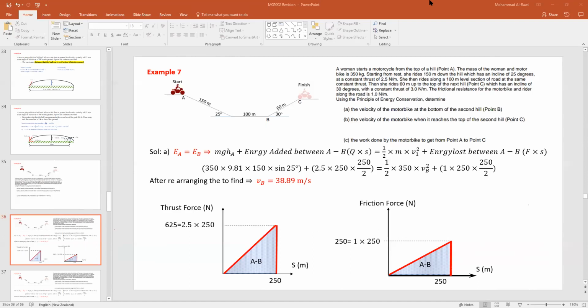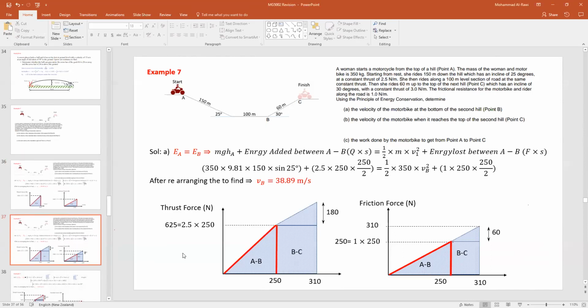This is a question many of you were confused about, I think. And now I'm doing it, showing you step by step. Now, the other part of this question is to find the energy, or sorry, the velocity at point C. So what you can do,